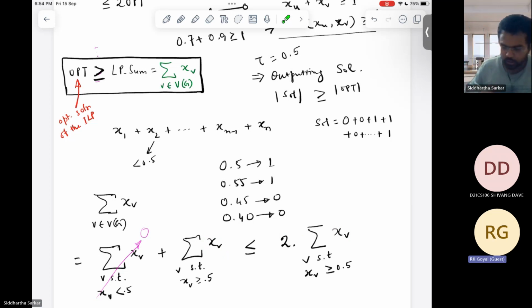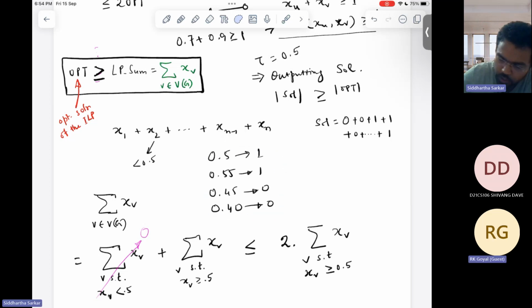What if we have many vertices having the value, say, 0.4? Those are ignored, set to zero. That will be a loss of many values. And then we have very few vertices of the value, say, 0.85. If I convert 0.85 into 1, then I get a profit of 0.15. But if I lost many vertices of the value 0.4, then there is a clear loss. What do you mean by profit? So profit here is that